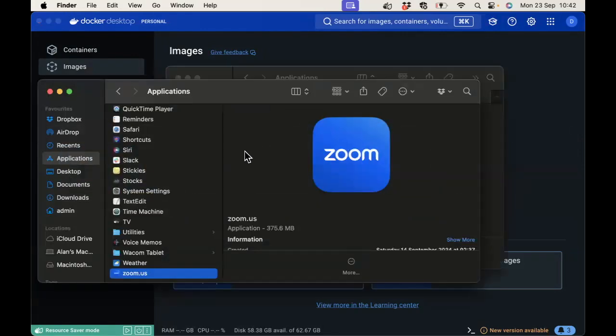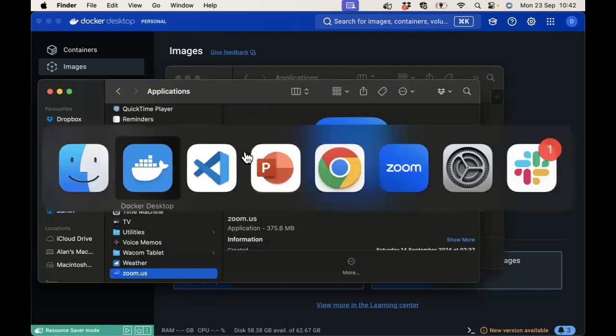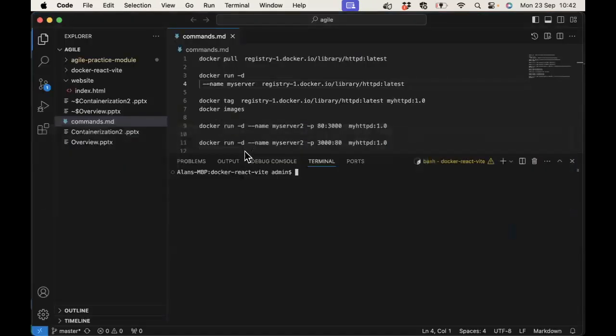So if I now go back to the command line, I'm just inside my VS Code, and if I go docker pull, sorry, run,